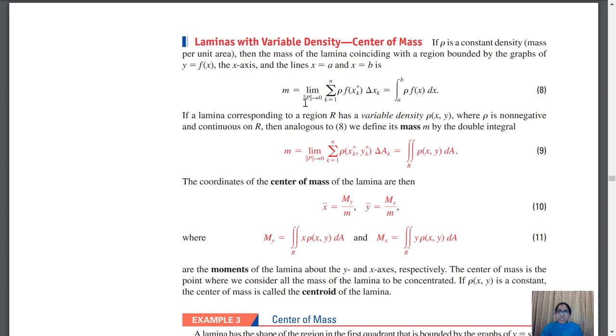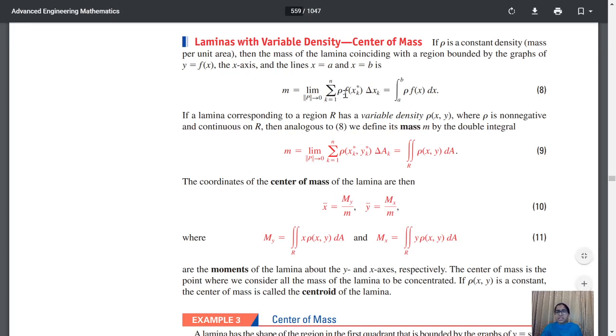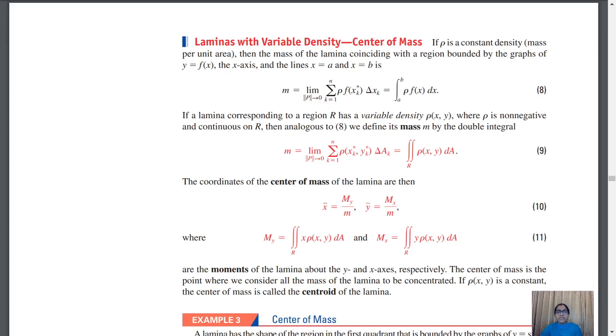If you remember, this is a very well-known thing that we learned while calculating the line integrals, because it was the actual summation taking individual points of each interval, and taking norm P tends to 0, we get the corresponding value. The only new thing was that we are adding a constant density here to determine the mass. Now this is equivalent to the integral from a to b of rho into f of x dx. Now this is the case of line integrals.